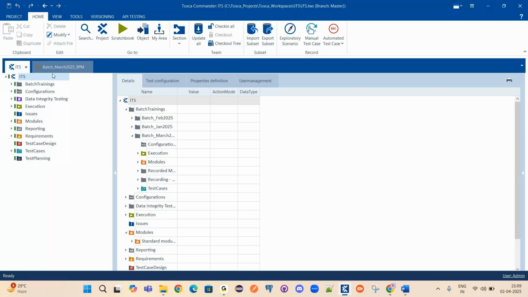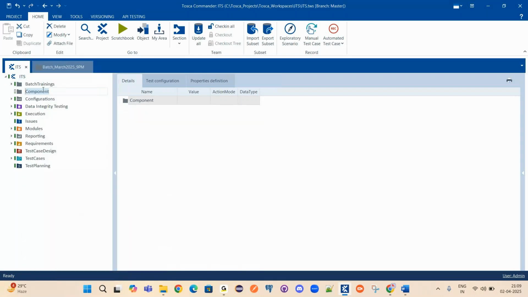We would create one more component folder, and let's say if you are testing anything, in general we would have something called a sandbox. Based on this sandbox for different particular users, like team member one or user one, we create different